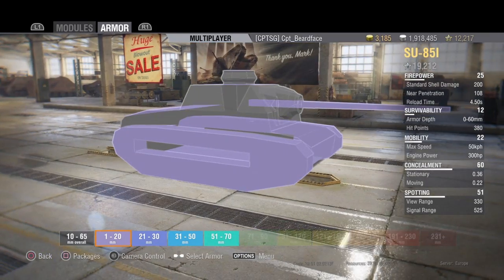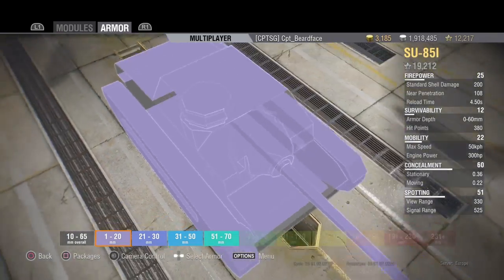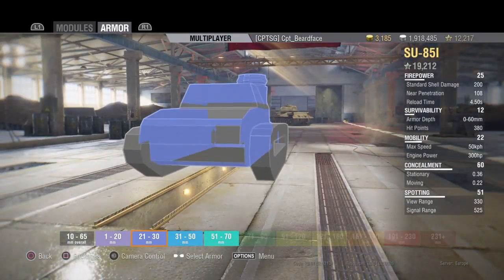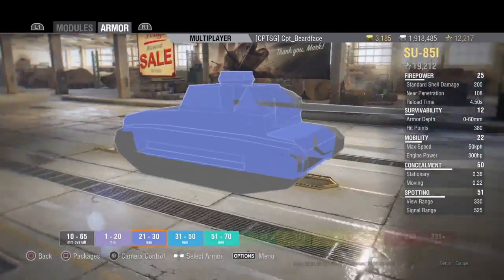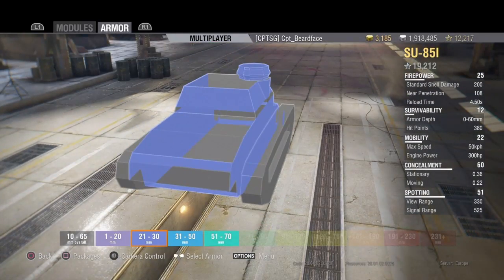You've got 1 to 20mm, which is your tracks, the floor of the hull, and the whole top of the engine deck, top of the superstructure, and the top of the commander's hatch. 21 to 30, which is basically the sides of the tank, the sides of the upper superstructure, I don't know what to call it, the bit under the commander's hatch that sticks out, that seems to be 21 to 30